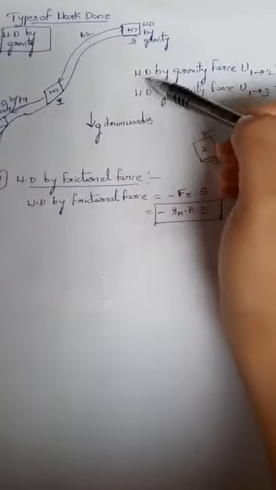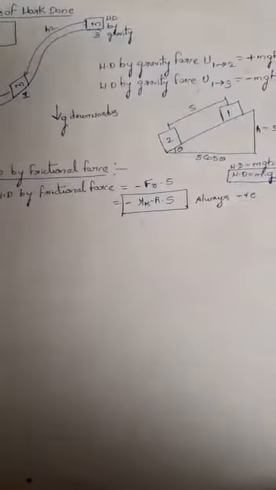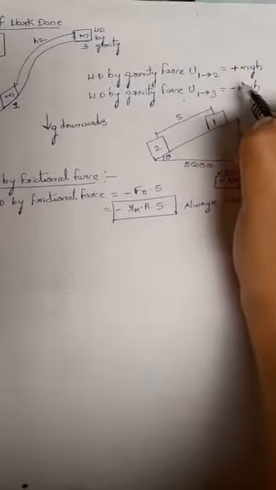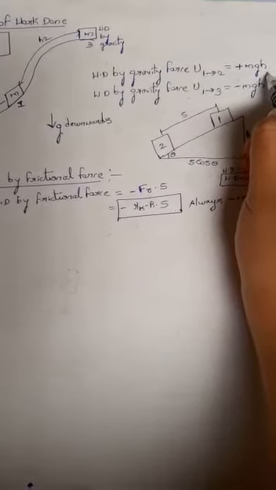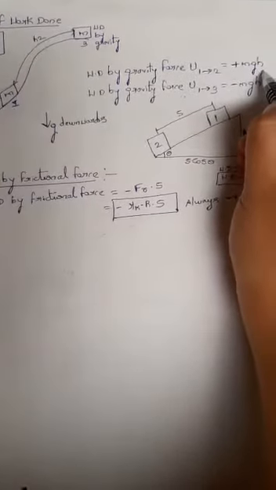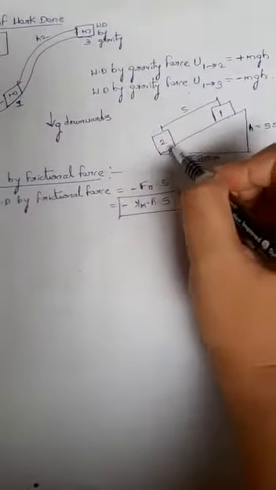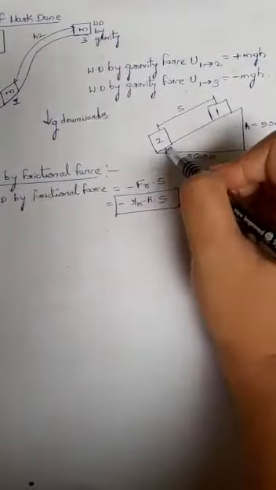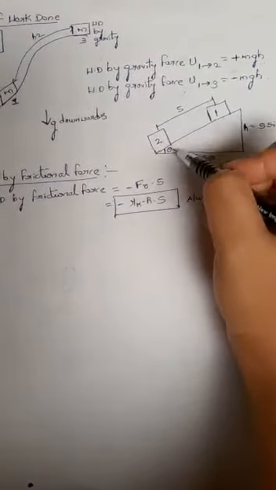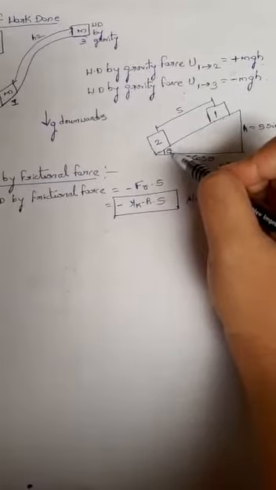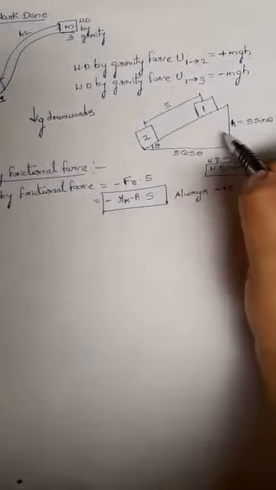By the gravity force, when the particle moves from position 1 to 2, the formula I will use here is mgh, that is nothing but the potential energy. Okay, mgh. Now what is my h here? Let's say the same numerical on the inclined block. The block gets displaced from position 2 to 1 on an inclined plane which is at an angle theta, and the displacement is s. So what is my h here?